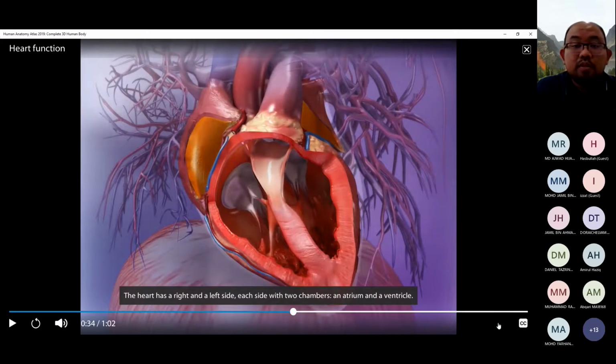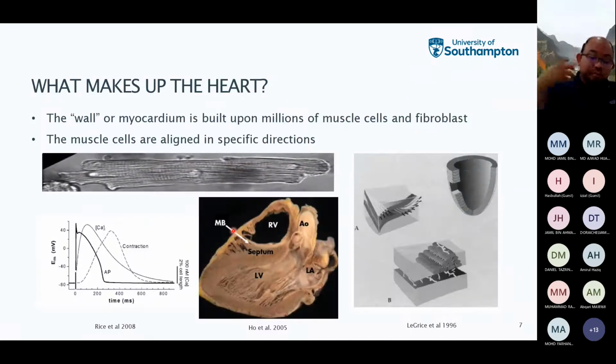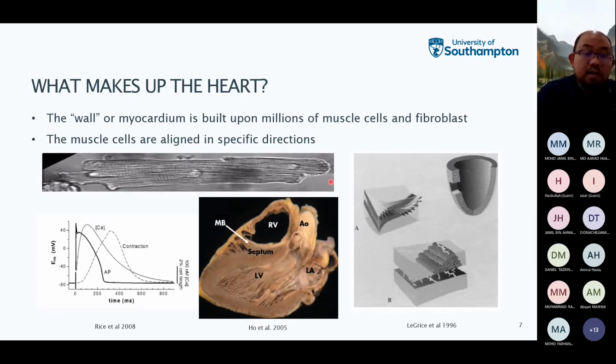Okay, let's go back to the slide. So let's look at what makes up our heart. Because when we try to model the heart, we need to understand the basics, the basic unit that builds up the heart. So basically, if you were to excise the heart muscle,